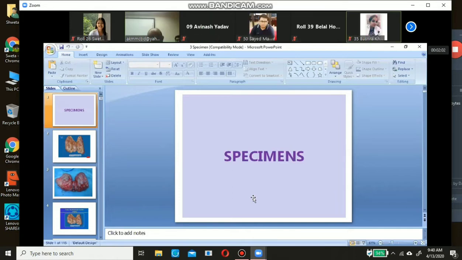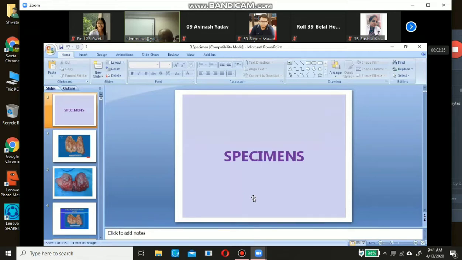The common specimens given in the OSPE stations are, let us start from the upper part of the body, the thyroid,